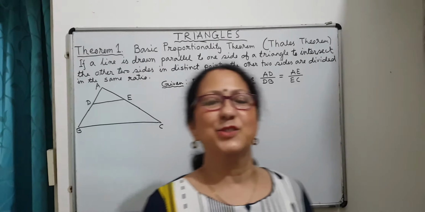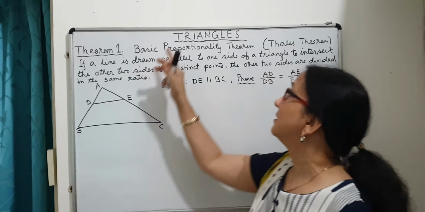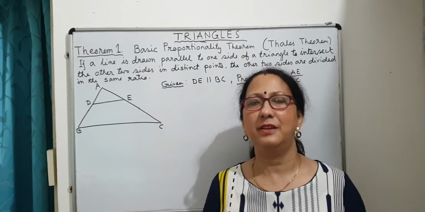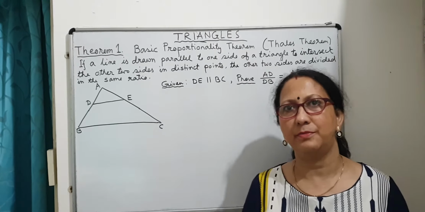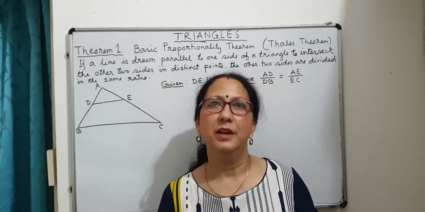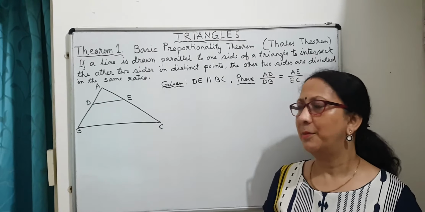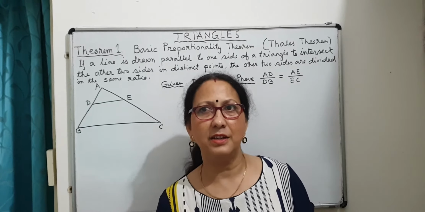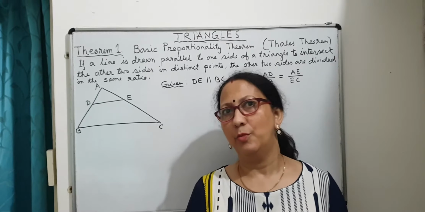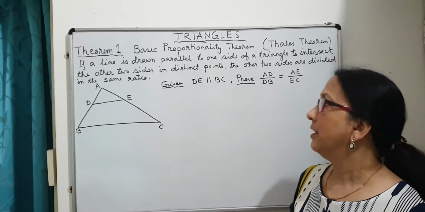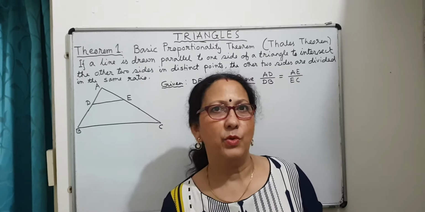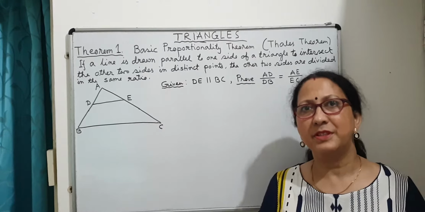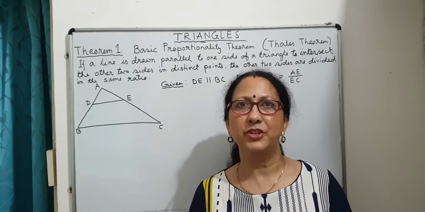Hi. So today I'll be starting the chapter Triangles. Now in 10th class, in the triangle chapter, we basically discuss the similarity of two triangles. As in 9th class, you've learned about the congruency of two triangles, where two triangles are exactly identical to each other, both in size and shape. But when we say two triangles are similar, we mean their size is different but the shape is same.